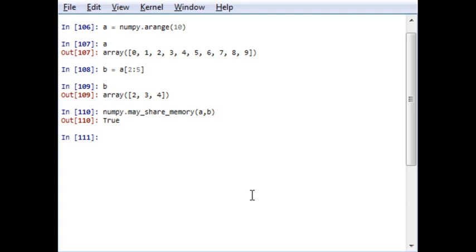Why? Because slicing doesn't create new memory space. It is just viewing, just showing you output from the original array, a particular view of the original array. It is not actually utilizing any memory.